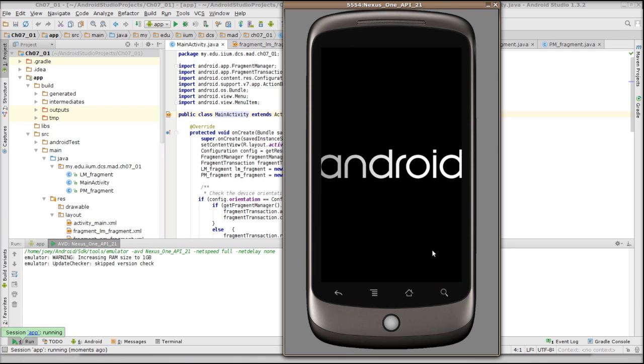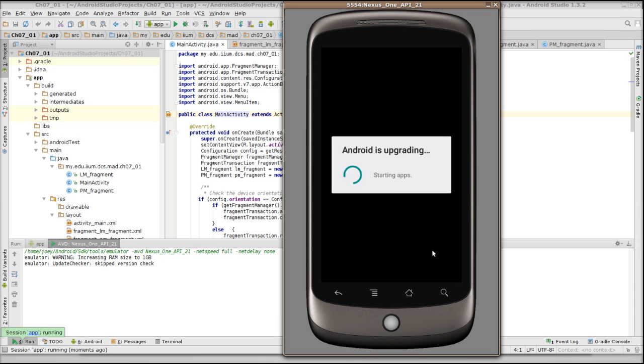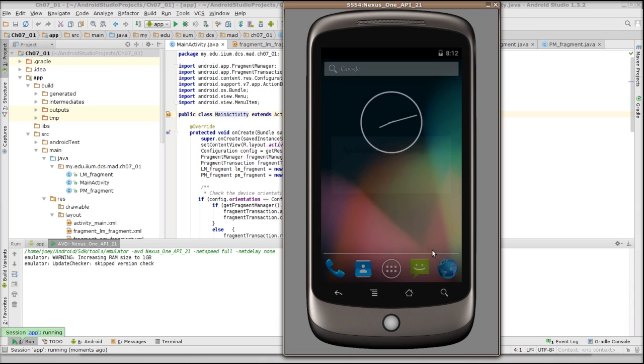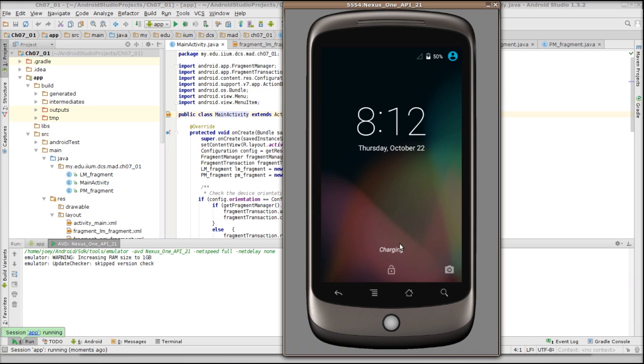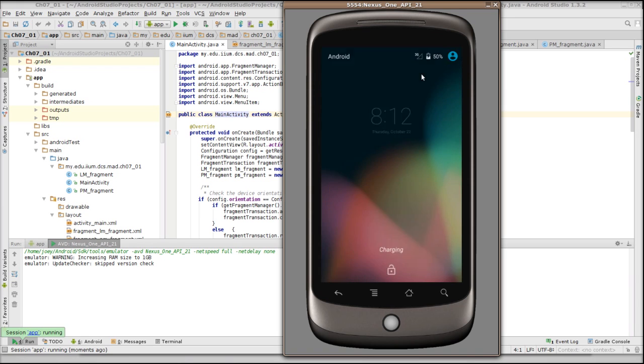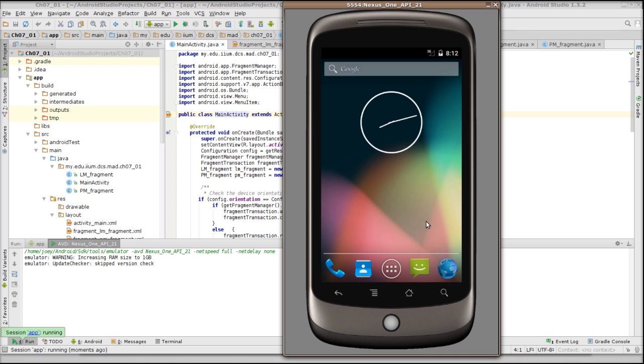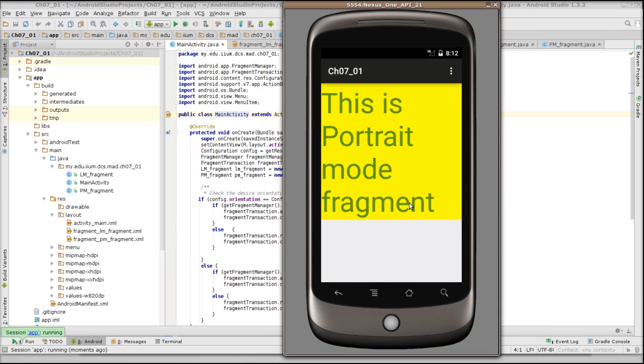Now on portrait mode, right? So that you can define how you start it, whether you want it in portrait mode or landscape mode. So when you run this application, you will see that your program actually loads the fragment with the